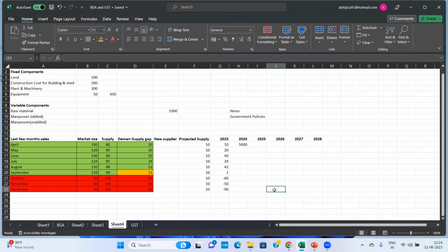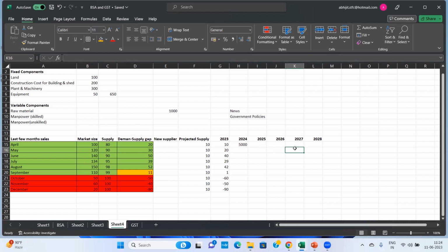What I'm asking is, if this number of units is the demand supply gap as on April 2024, then considering 500 rupees per unit, this will be my revenue for April 2024. Is this correct or not? Can I find out my revenue similarly for April 2027? No. Why no? Can I use the same technique across all the months?